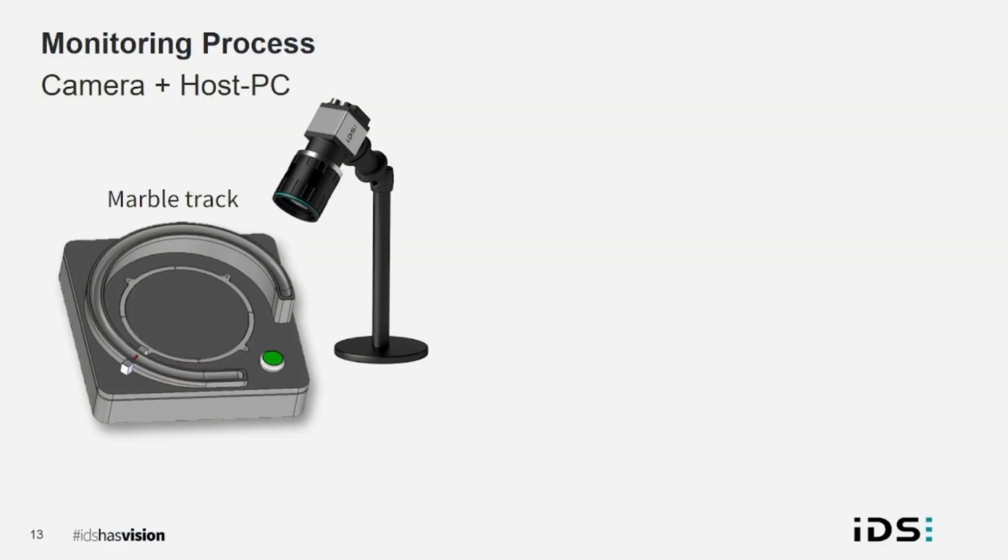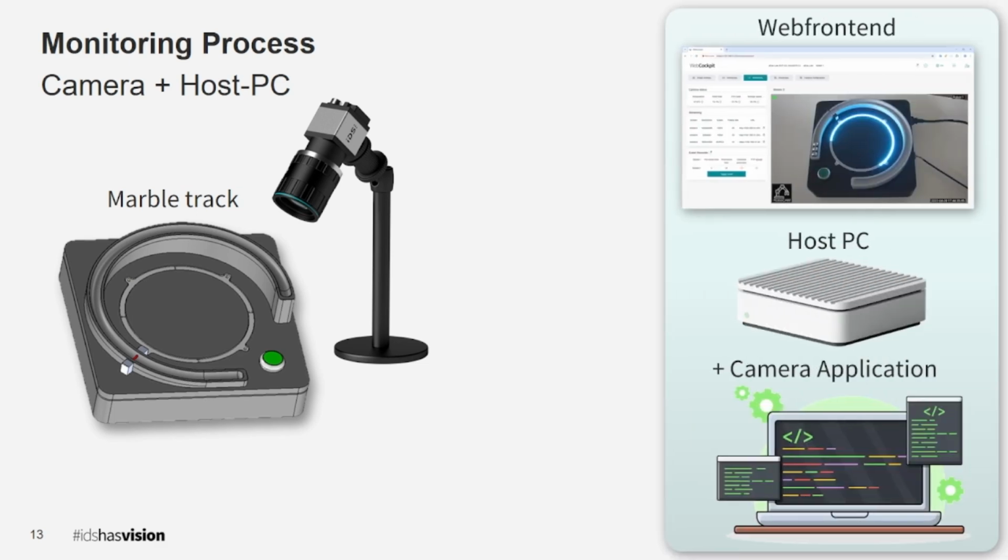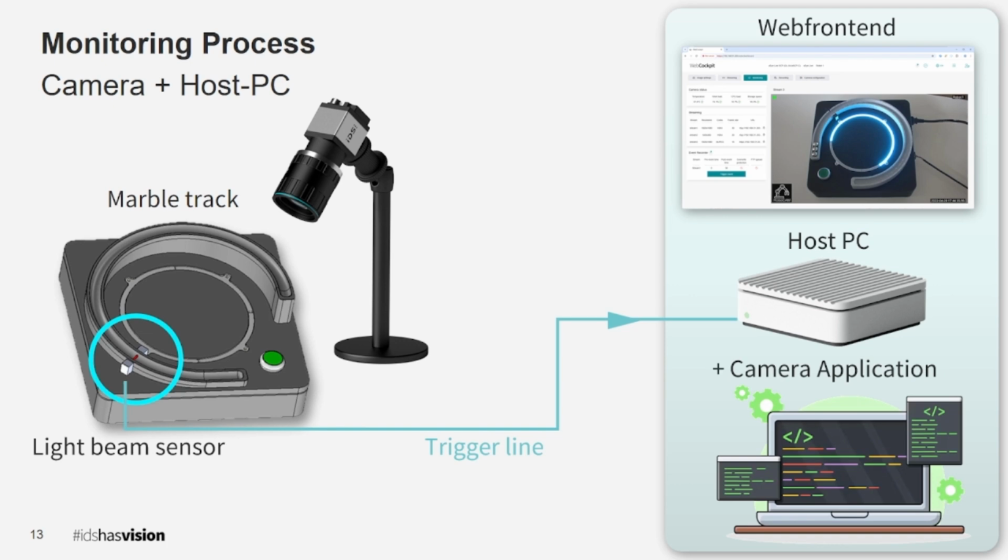Last but not least, and in my opinion, the most important extension to turn the camera into an independent or PC-less process monitor or logger, the event triggering via the I/O ports of the camera. In other words, the electrical triggering. Before firmware 1.1, a PC with a camera-based application was needed in the monitoring process to record an event via a light beam sensor. For example, in order to start a recording with a software trigger in the camera after an electrical event and to copy the generated data.